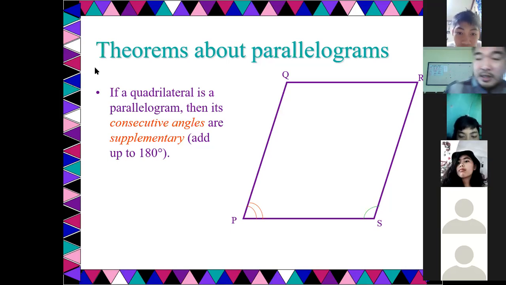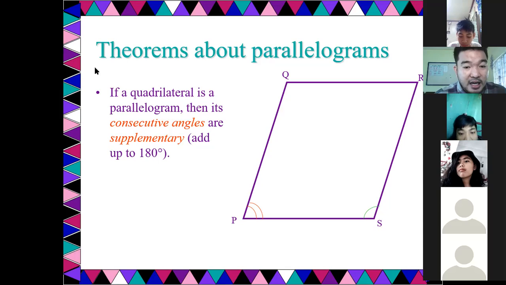Paulit nga po. Meron tayong angle na ang measurement ay 120. Ano dapat ang measurement ng isa pang angle para maging supplementary sila? 60 po. Very good. So, kailangan pa natin ng 60 para maging 180. Lagi niyong tatandaan yan, ano? Supplementary angles, when you add, the measurement is equal to 180 degrees.